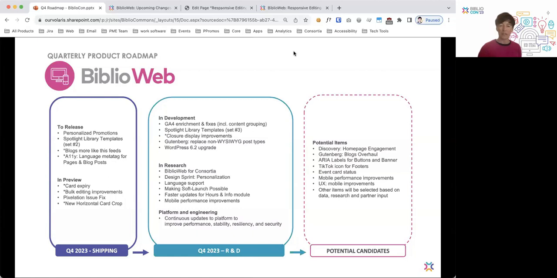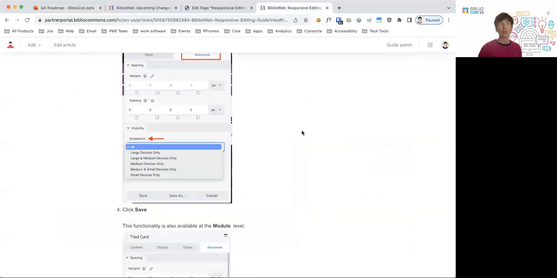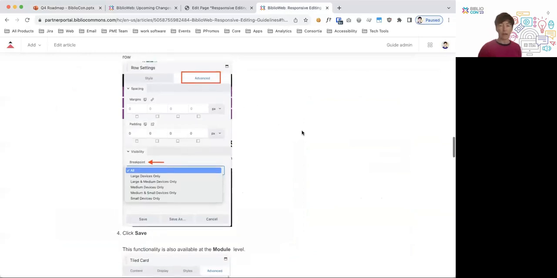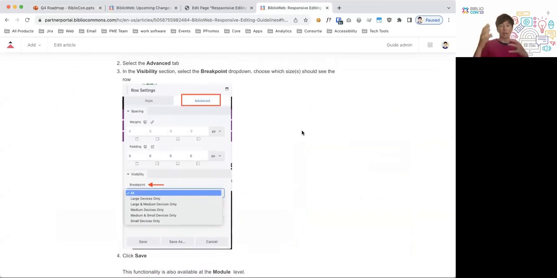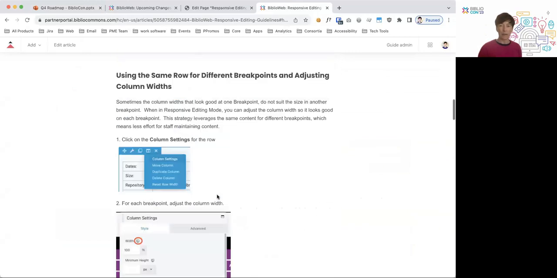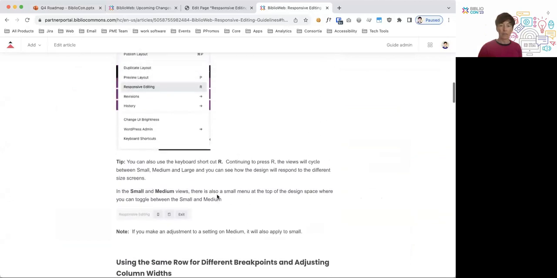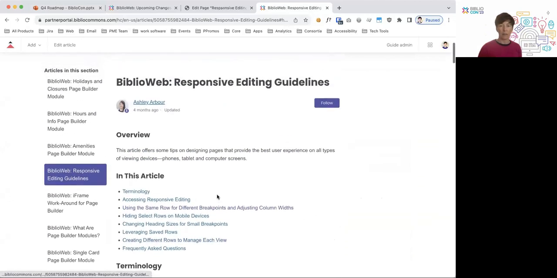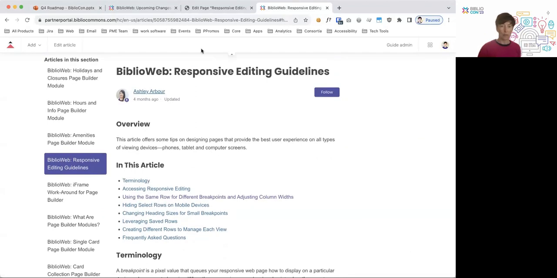One other thing I just wanted to touch on briefly is responsive editing. There's a variety of ways to do responsive editing. Katie and Denise showed one where you can create multiple versions of a module and show or hide it, if you attended their session yesterday. So I wanted to point out there's other responsive editing functionality. There's a whole article on it, and I can share this with Erica to share in,